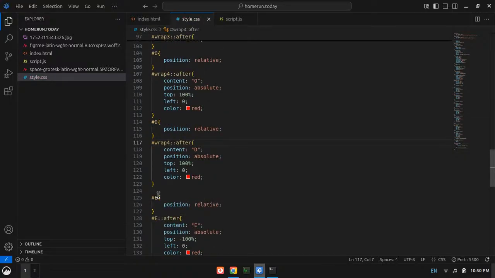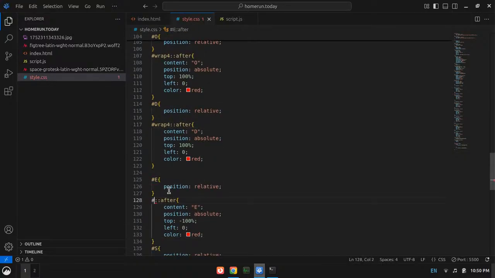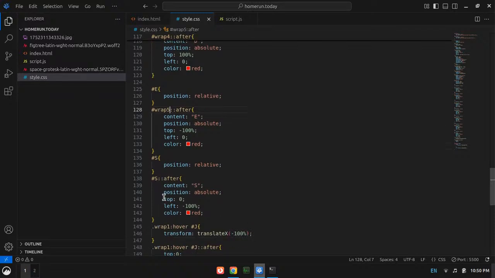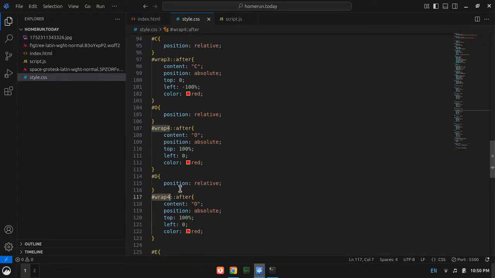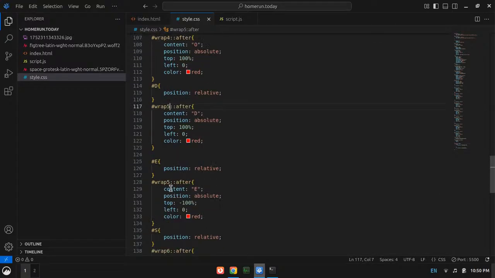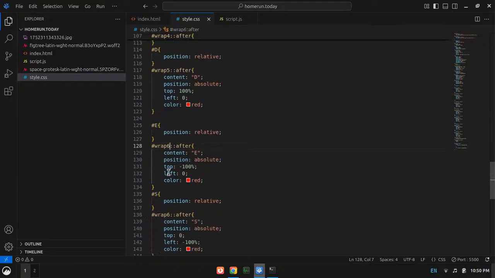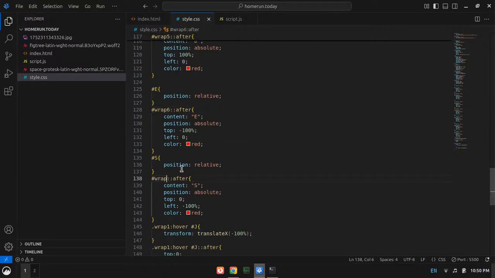Wrap 4, then wrap 5, and then wrap 6. What did I mess up? Yeah, I have to add wrap 4, wrap 5, then wrap 6, and then wrap 7.